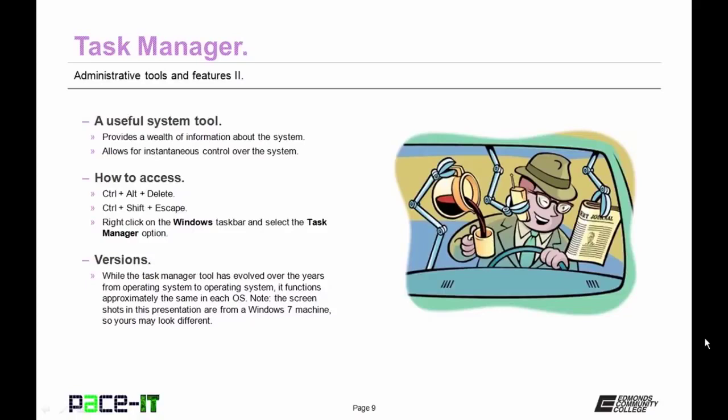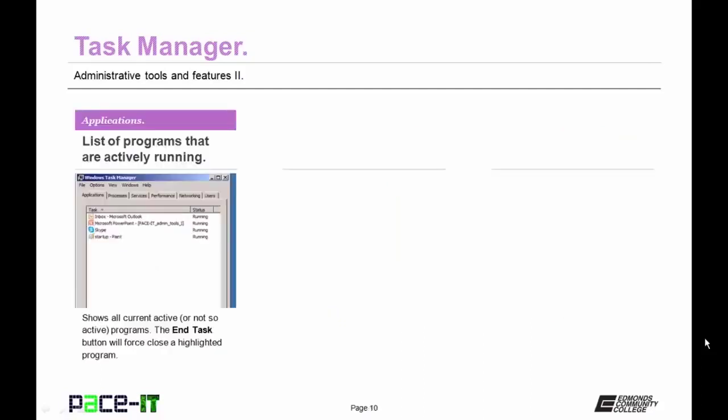Now, Task Manager has evolved over the years, and each operating system is slightly different, but they all function approximately the same. The screenshots in this presentation will be from a Windows 7 machine, so yours may be different. So now let's talk about the Applications tab. That shows all the current active, or not so active, programs. The End Task button will force close a highlighted program, which is especially useful if the program is hung or